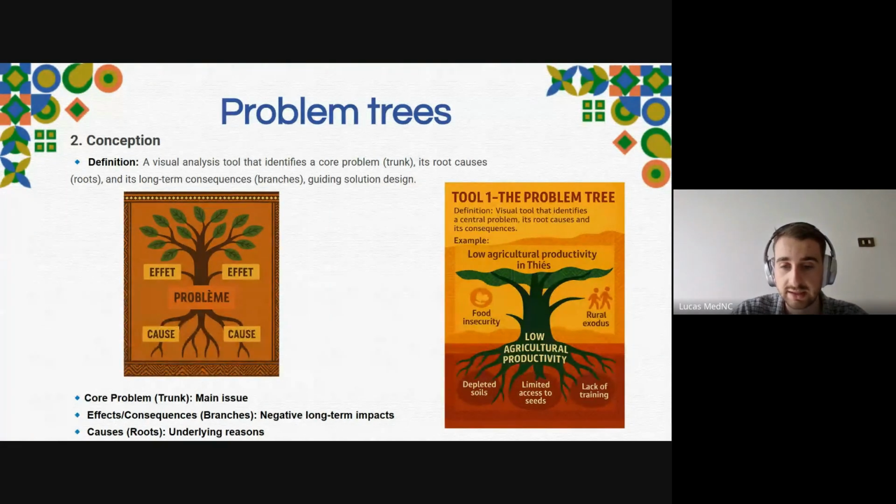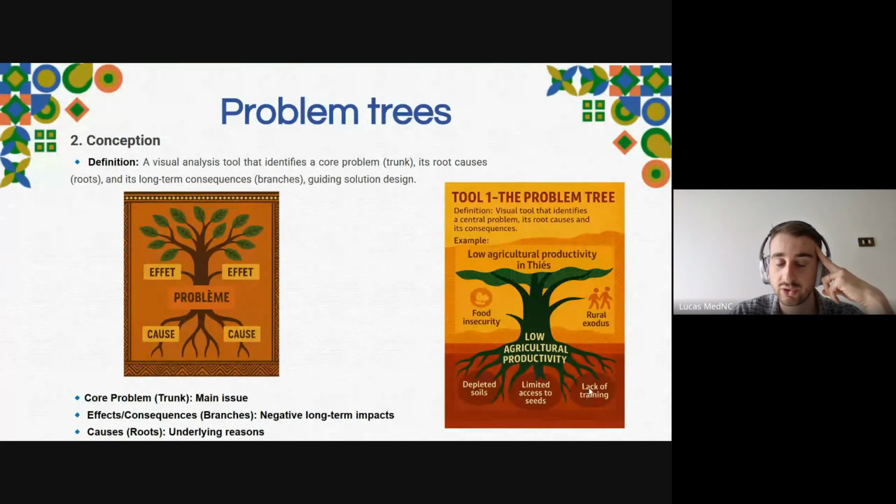It's the roots, right? It's the causes. So we have this problem because we have limited access to seeds. That means we cannot plant a lot of things. We have a lack of training. There are not many agronomists or people working in this environment in the village or in the town. And we have depleted soils, okay? So those are the causes.